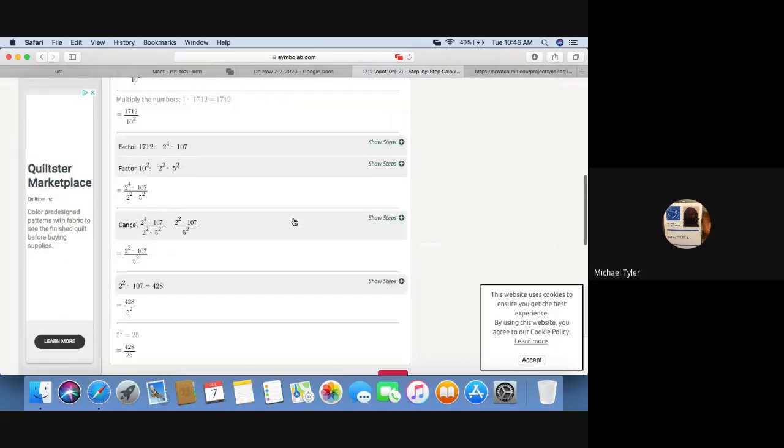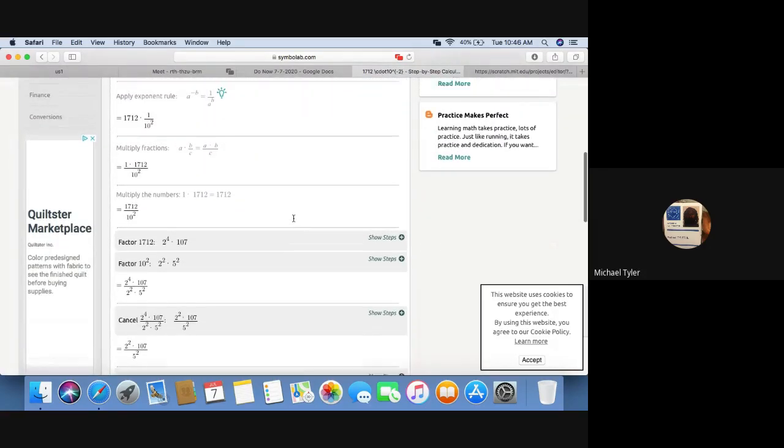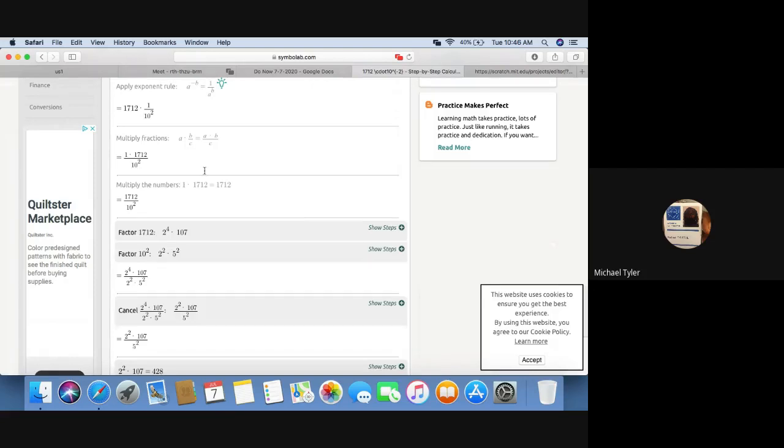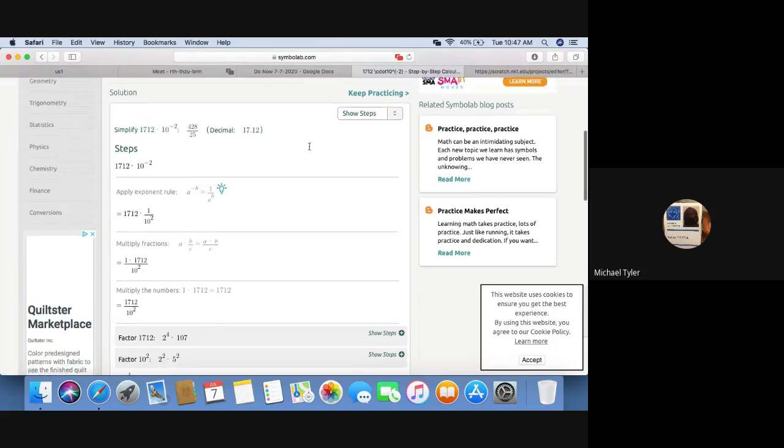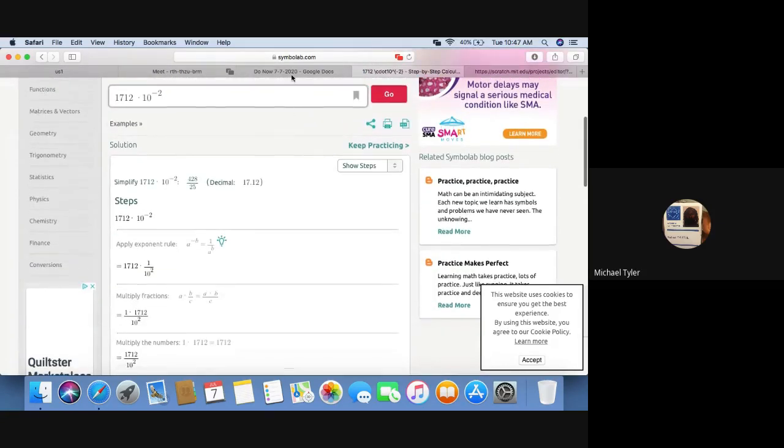You skip the answer. 17 point. Go to the top. Stop. Decimal right there. It tells you. So it's 17.12. Come over to the right a little bit. You see decimal. Yep. Okay, that's the answer, 17.12, which sounds better because I was like, something's wrong here. So you're gonna punch that answer in as your width. I think that's what we was working on, right? Yeah.